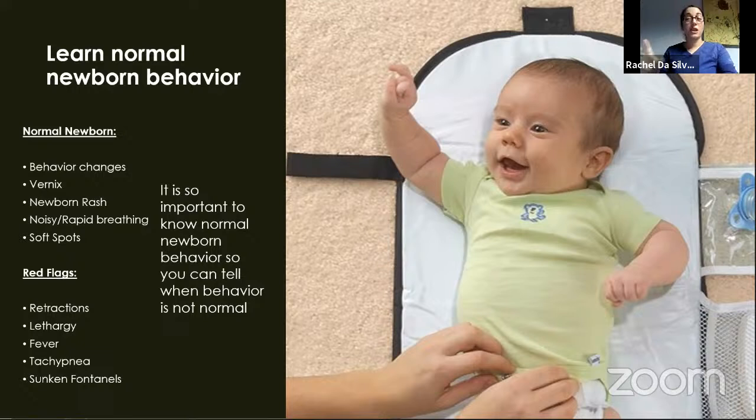What you want to do is realize that that's normal newborn behavior, and that in the first 24 hours, you want to hand express as much as possible. If your baby is not latching on, hand expression is sufficient according to the Academy of Pediatrics for babies that are low risk. Now, if they are high risk for hypoglycemia or low birth weight or premature, then they might need something a little extra. But if they don't have those risk factors, you'll be okay with hand expression and offering it to the baby